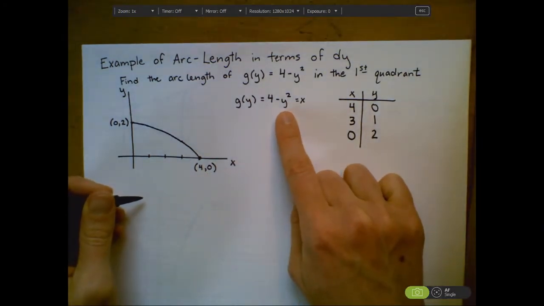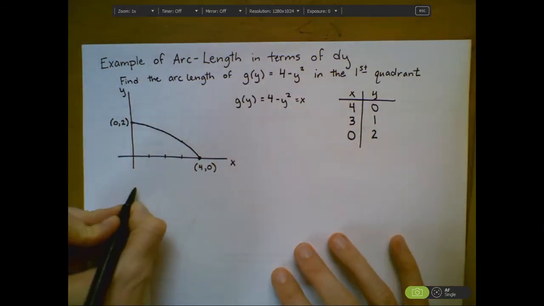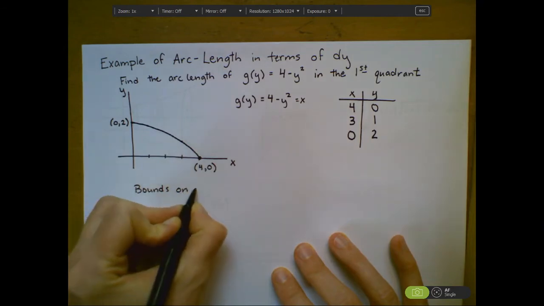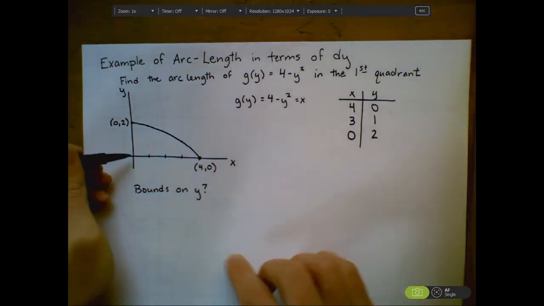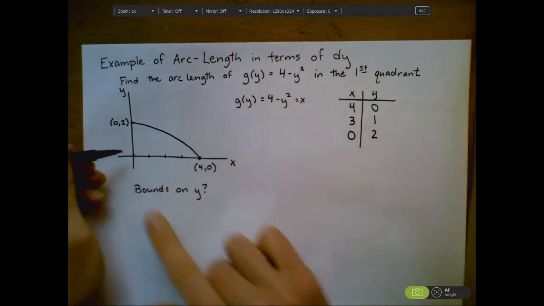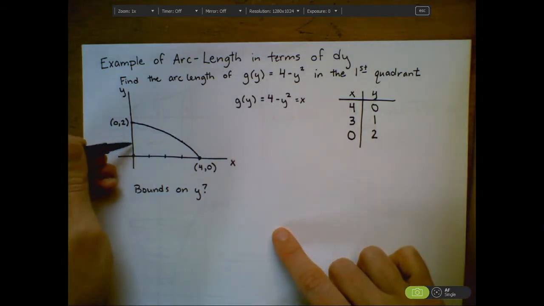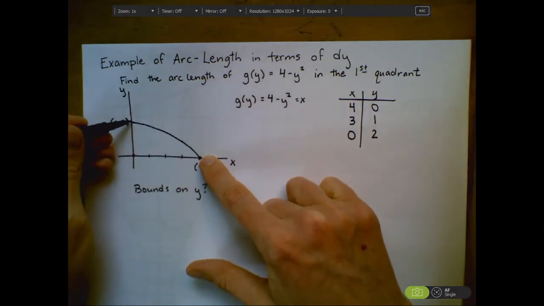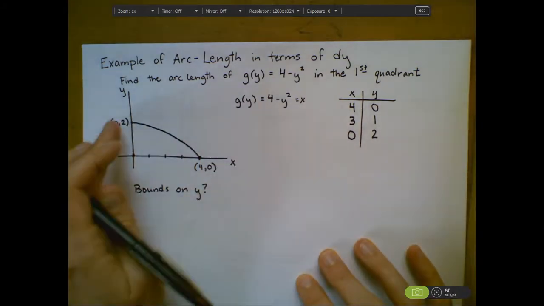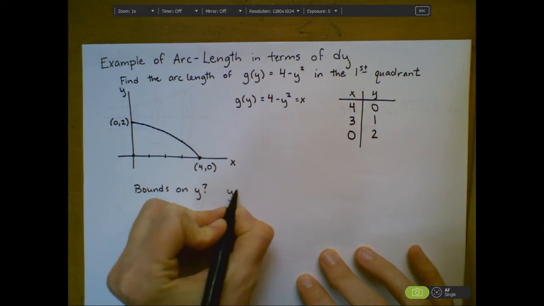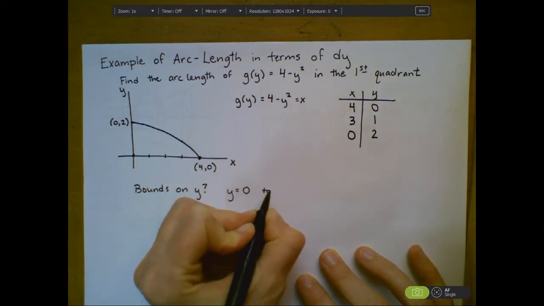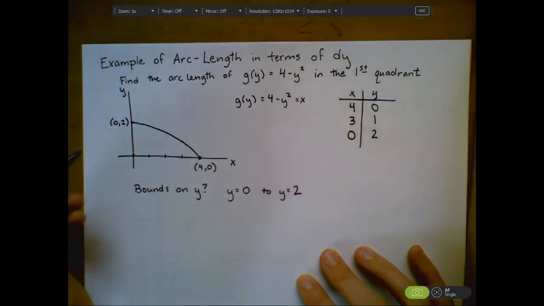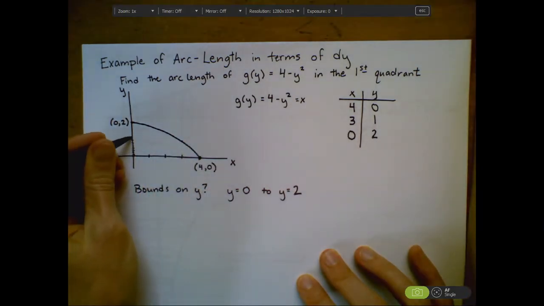So the first thing that I want to ask is, what are my bounds on y? In this case, we're looking from our y value equal to 0 down here up until my y value equals 2 up here. And this is a little different than what we would think about. So my bounds are from y equals 0 to y equals 2. I'm not worried about what the x components are,